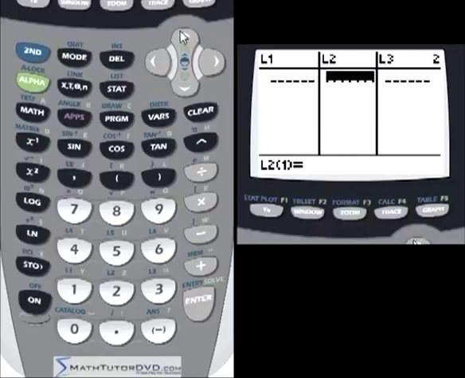Now notice, if we go up to the headings up here, we have 6 lists in this calculator. And that's it. So we go back to the beginning here. So we have L1, L2, L3,